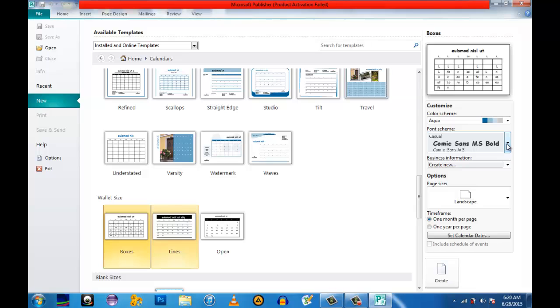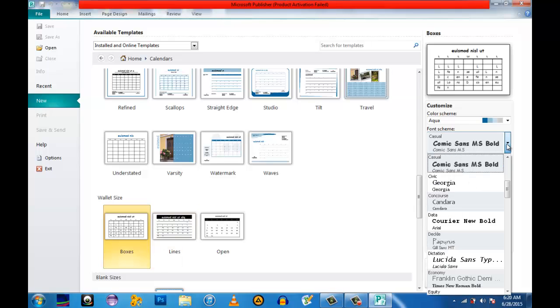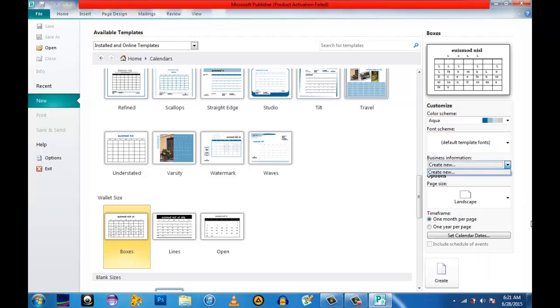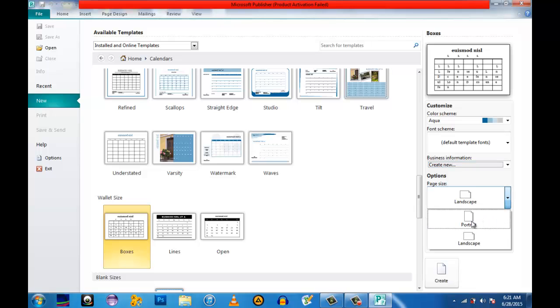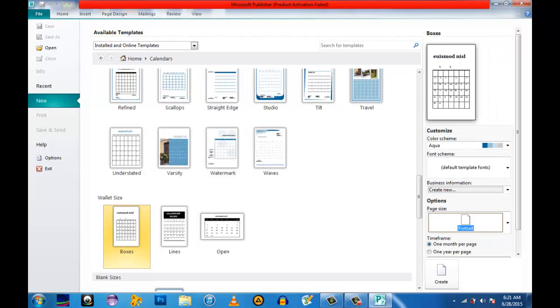Okay, since we have here to customize the color scheme, the font scheme, so I will change this one since this is too big, I will just use the default one. Okay, then I will change the style of the calendar. Instead of landscape, I will be using portrait because the photo that I'm going to attach is in portrait